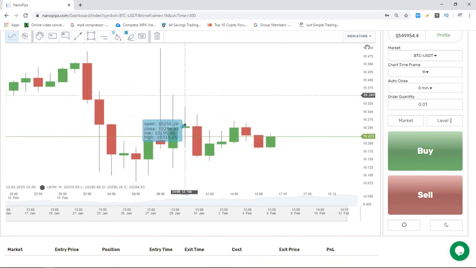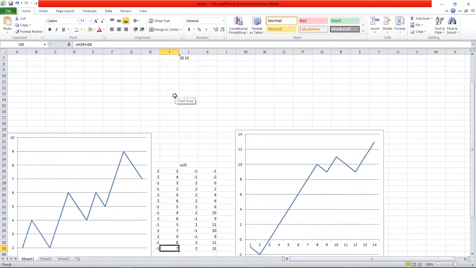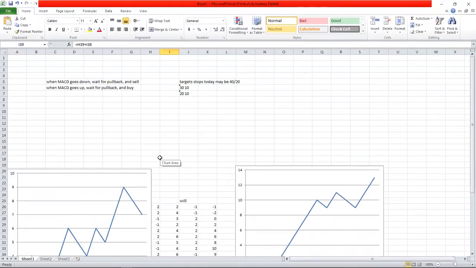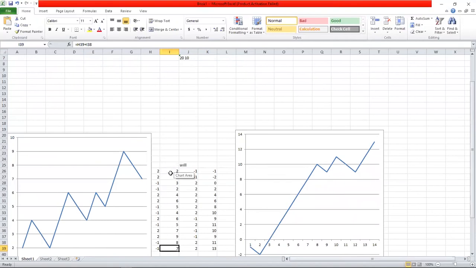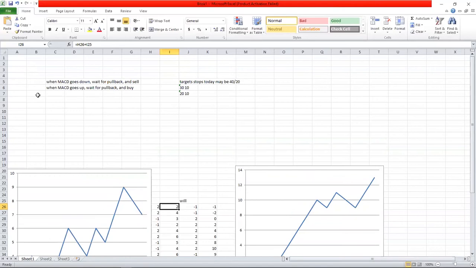Now, when I started, it was very difficult. Maybe you're thinking, oh, this is so petty and tedious to have to write this down and stuff like that, and it's going to take so long. Just even remembering, like, my strategy is when MACD goes down, wait for pullback and sell. All these things may feel slow at first. It did for me. The first few weeks, it would take me like an hour to even wrap my head around remembering this stuff. But after a while, you become lightning fast at it, and you'll feel grateful that that happened to you,